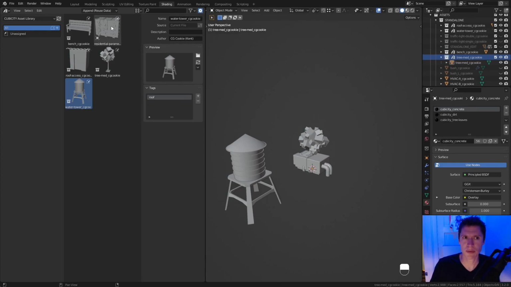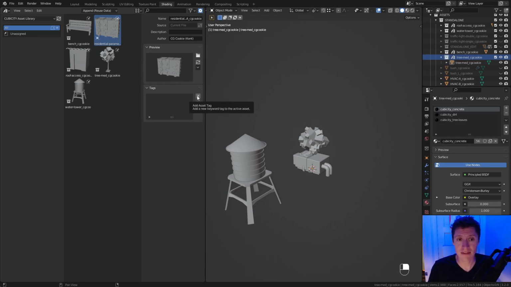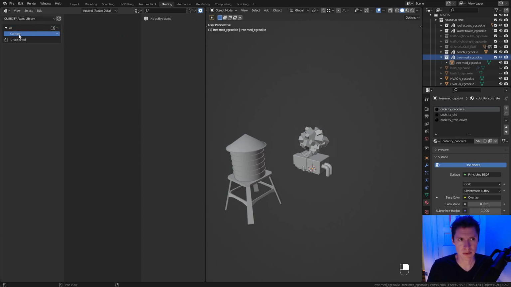So like our residential parametric building. Oh wait, that doesn't have buildings in the name. I thought it did, and so I wouldn't need to add the tag building. But I don't know, maybe you could add the tag building, or you can also add it to a catalog, which I think is what I'll do. So buildings or